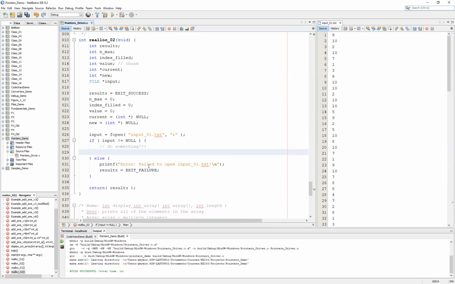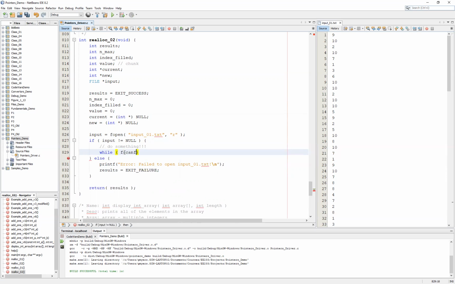Now, under the do something part, what we want to do is pick out each of the integer values in this file. Now, I'm intentionally not scrolling to the bottom because I want to leave some sort of mystery as to how many elements are in this file. You might already recognize this file from an earlier video, but we want to assume that we have no way of knowing how many elements are in this file. And so under our do something branch, we simply want to continue to read